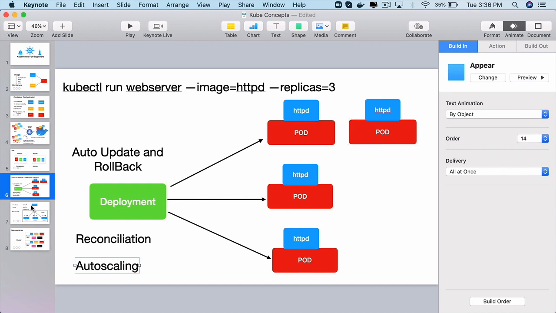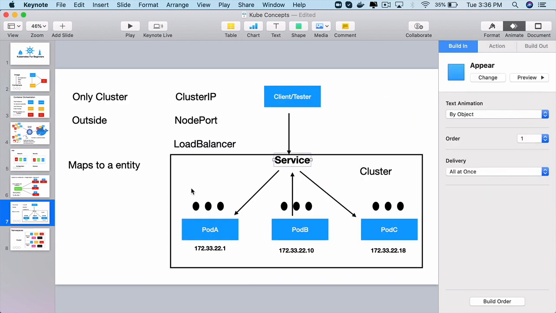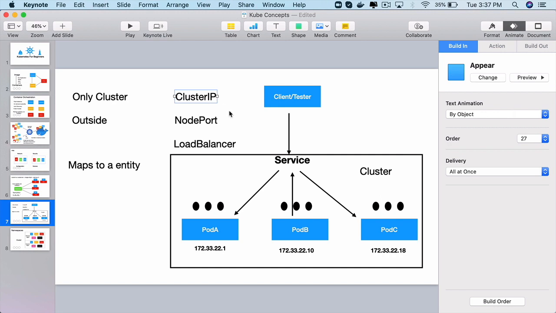And services, once we have these pods up and running through a deployment, services are the objects or resources in the cluster that will give access to these pods. So each pod can access another pod, each container within the pod can access another container within the pod through this service. And there are different levels of access. Depending on what level of access we want to give, we'll use a particular service type like cluster IP within the cluster, node port, external access is possible. Load balancer sits on top of these two. Along with exposing things to the outside world, we'll configure an external load balancer.